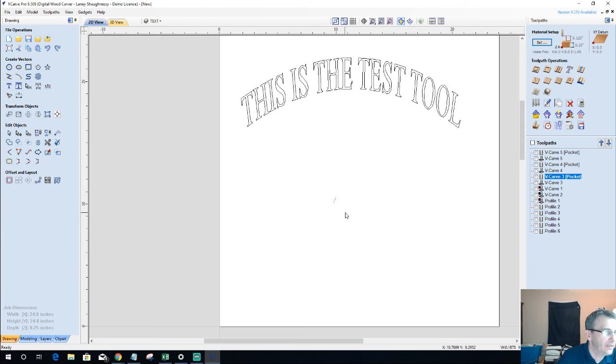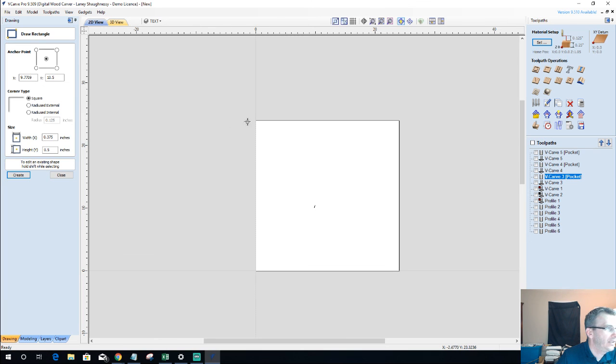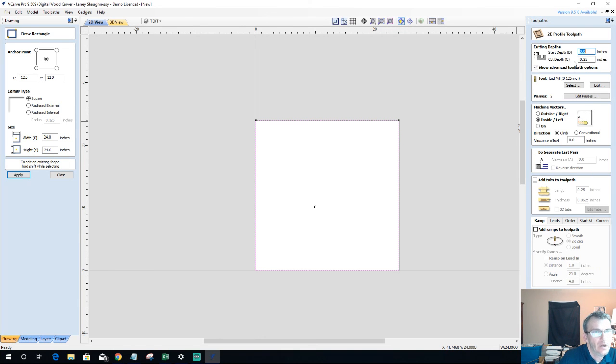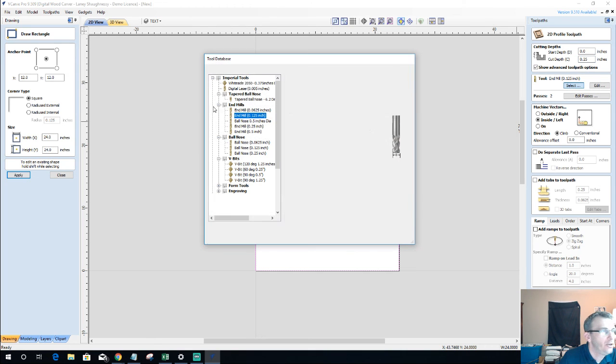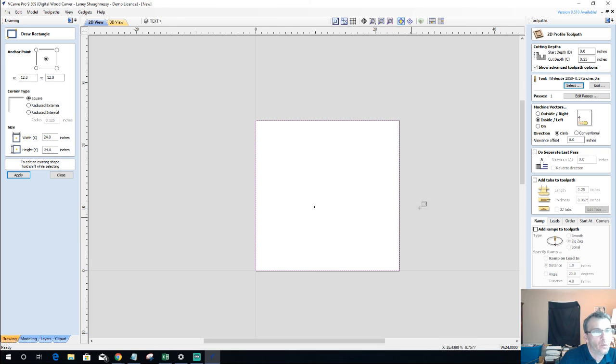Okay, so let's get back to business here. How do we get roundover? What's the best way to get the roundover on our sign? I'm going to draw our rectangle again. Let's create our border. Now that I have my tool, it's going to be a profile toolpath. We're going to cut to a depth of 1/4 inch. We're going to use our roundover bit. We're going to be on the outside of the line, but